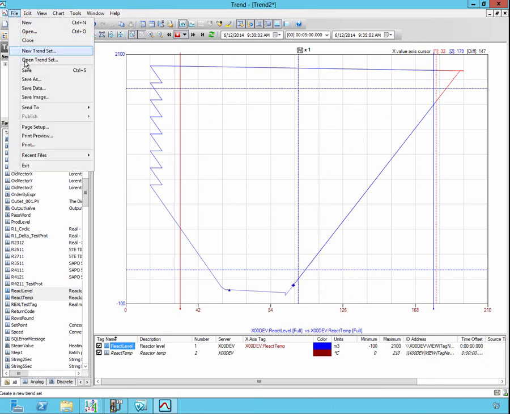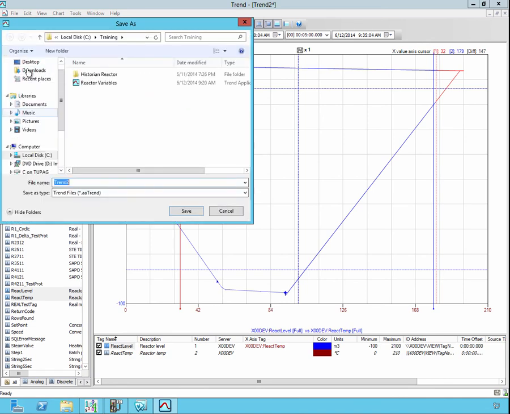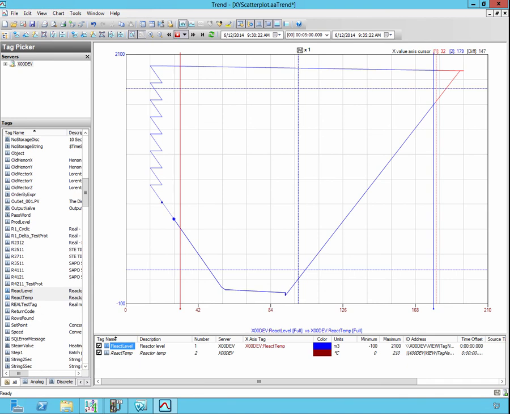Now let's save it. We go to File, Save. And we are going to call this one XY Scatter Plot, and by default it's going to be an AA trend file. Let's save it on the training folder,